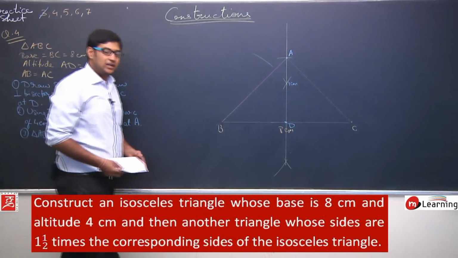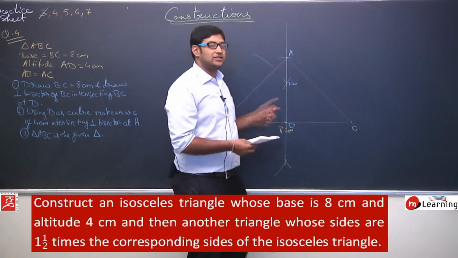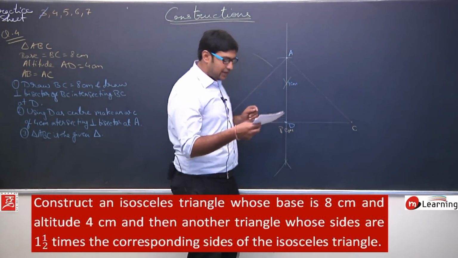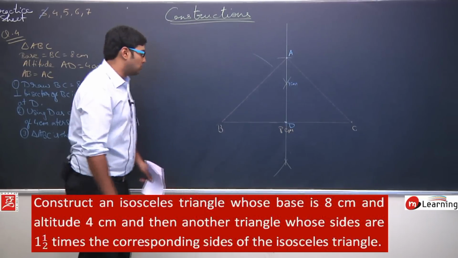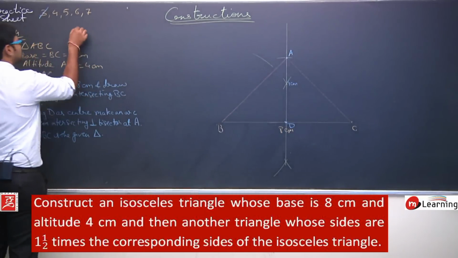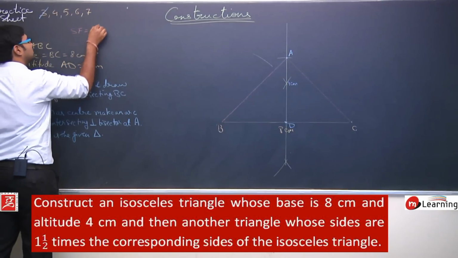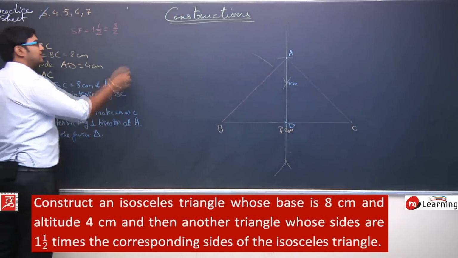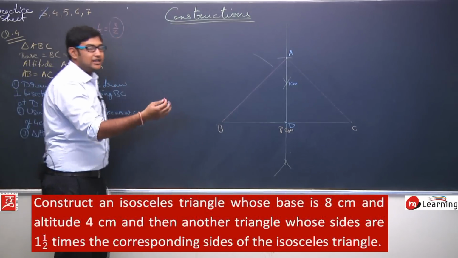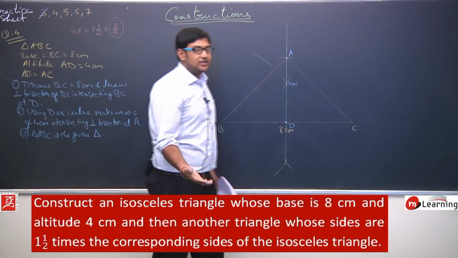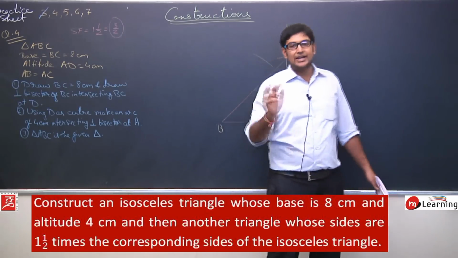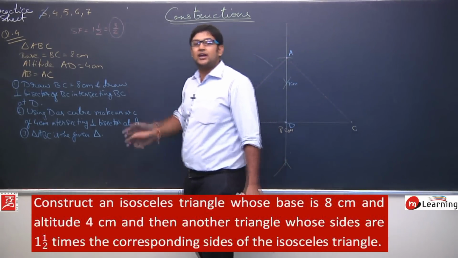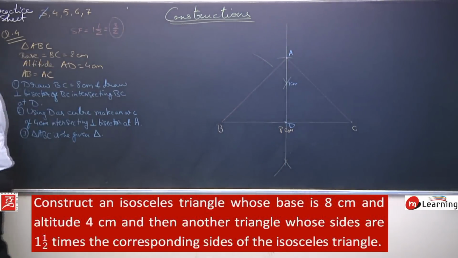So read the question again. My task is to construct a triangle similar to this triangle with a scaling factor of 3/2. So you can see the scaling factor, the numerator is greater than the denominator. It means the triangle I have to construct should be greater than this given triangle. So first what I will do,